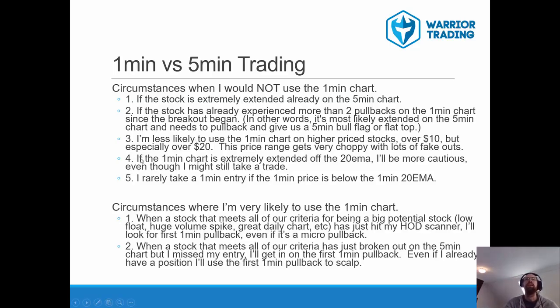Number four, if the 1 minute chart is extremely extended off the 20 exponential moving average, I'll always be more cautious, even though I might still take the trade. I prefer to take trades when the 1 minute chart is near the 20 moving average because that would be a pullback entry, a nice clean pullback on the 1 minute. And number five, I rarely take a 1 minute entry if the 1 minute price is below the 1 minute 20 EMA. Again, I'm going to show you examples of this,